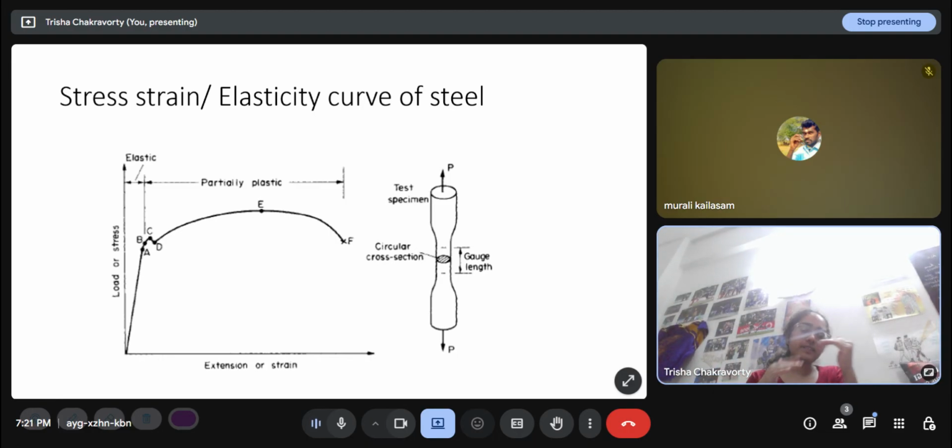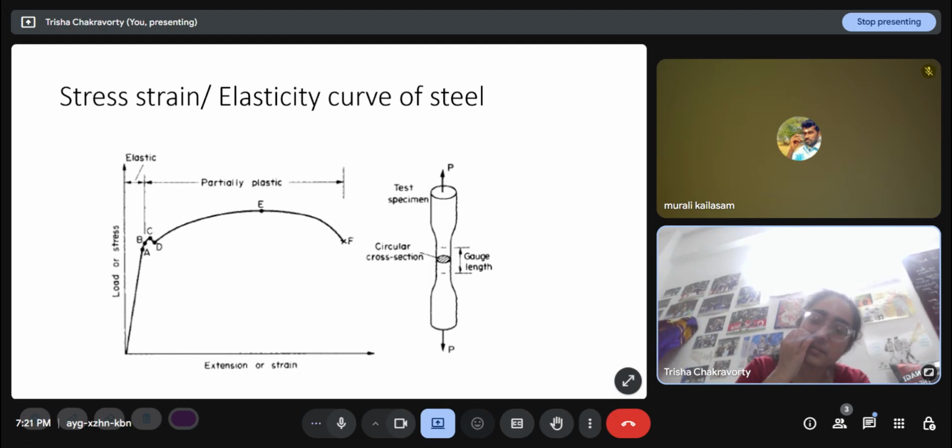at each step. At each step, I have to increase the force, pause, check the strain, then again increase the force. It is generally done by machinery. We do not increase the force by hand. Of course, there is a testing machine called the UTM, universal tensile testing machine. Anyway, then we divide P by the cross-sectional area, we get the stress, and we plot that.